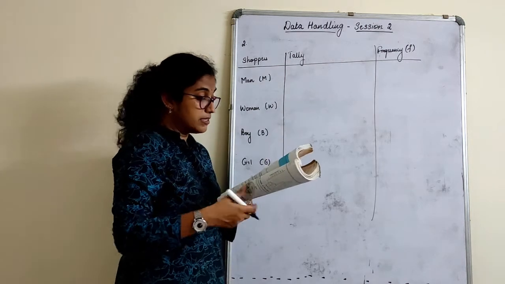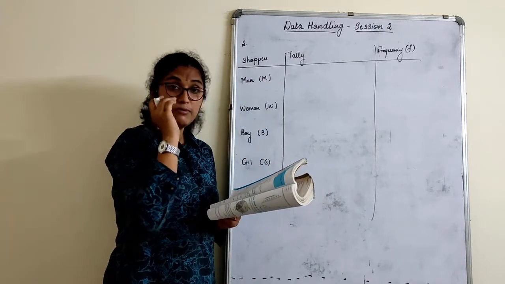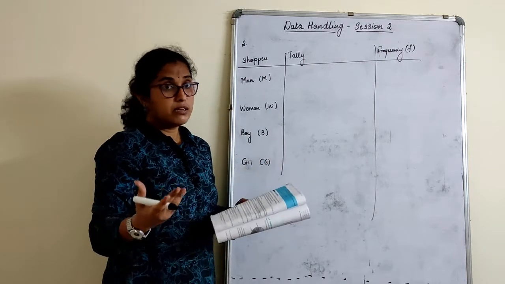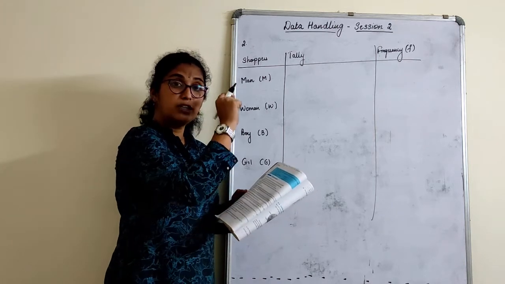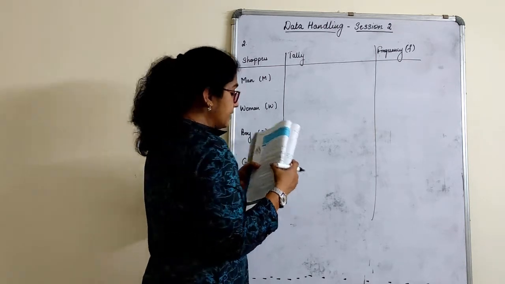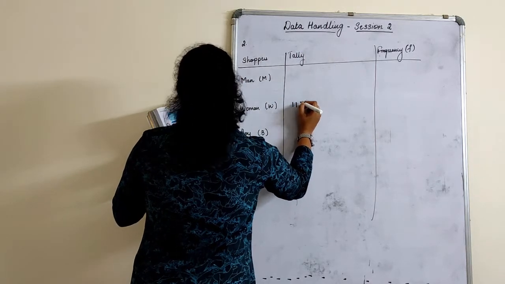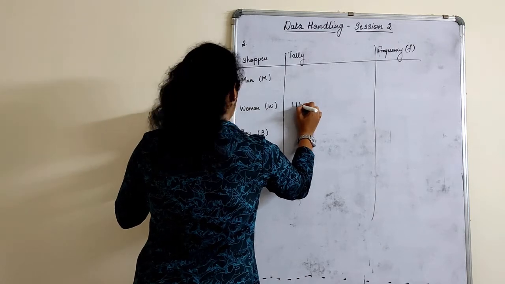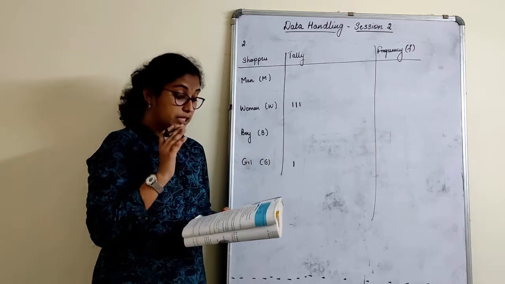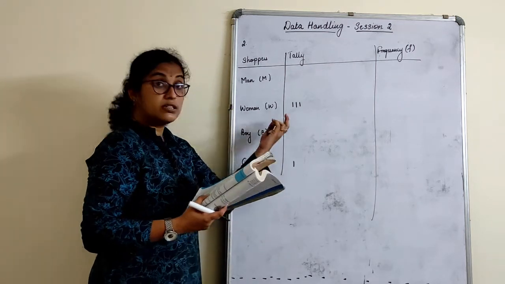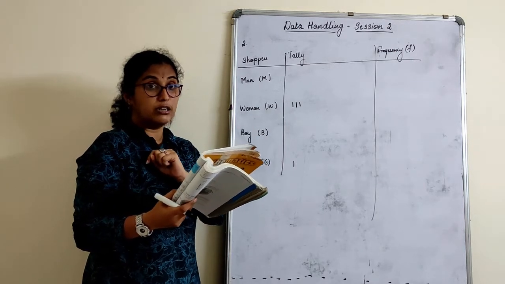How do we mark tally marks here? It's not that you count the number of W's and then go on doing it, because sometimes you might go wrong. It's up to you, but my usual method is that whatever you read, go on marking. For example, first I read W, I mark for W here. Second also I read W, I mark. Third also W, I mark. Fourth I read G, I mark here. When you are marking this, do not talk to anybody or get disturbed. Concentrate on what you are marking. Always keep a pencil in your hand and go on ticking what you are marking in your textbook.